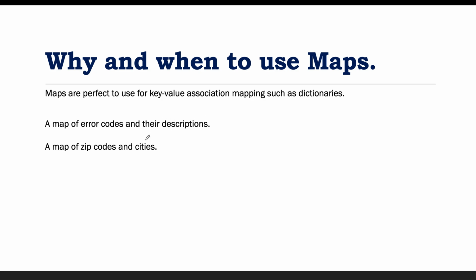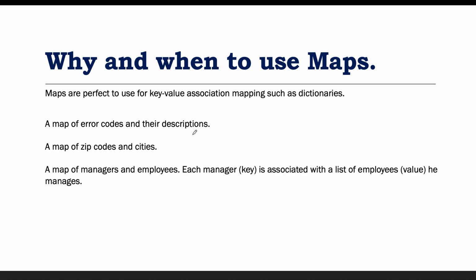But if we are using the hash map, it will be very easy because in a map we can store the data as key and value pairs. So according to the zip code we can store their value. It will be very easy for us to get all the information based on the zip code, based on the city.